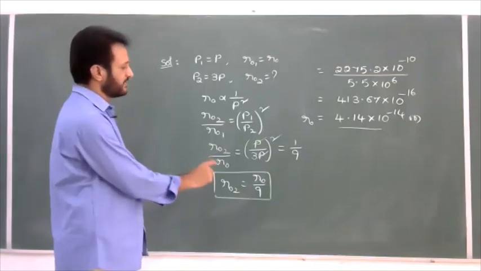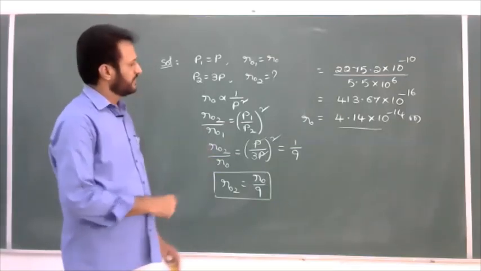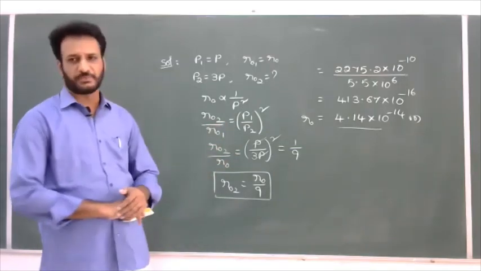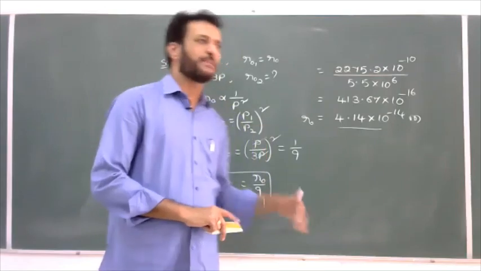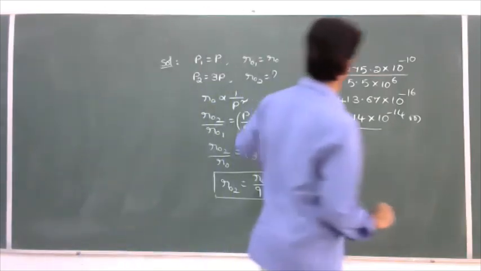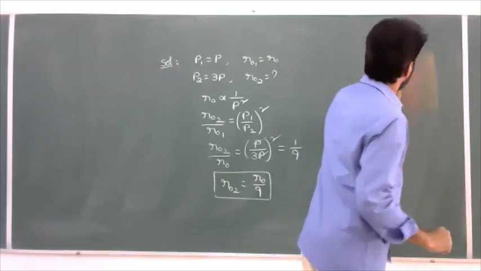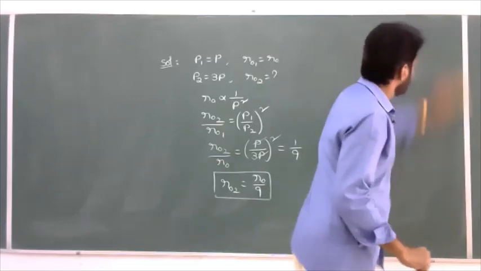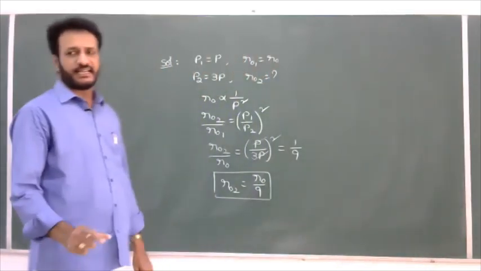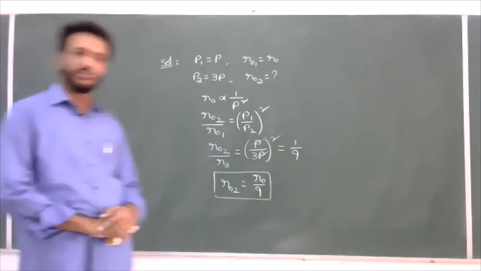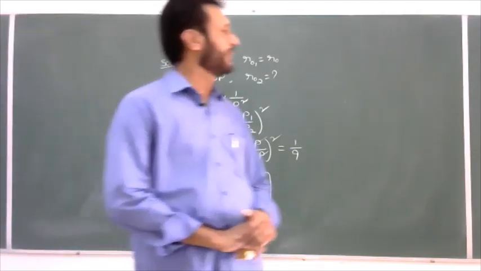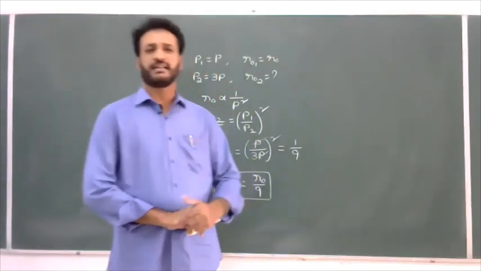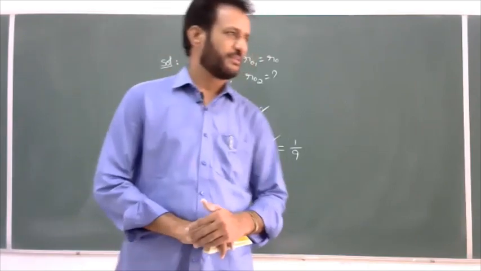So this type of questions will generally be asked in competitive exams. Or sometimes if the kinetic energy is doubled, what happens to the distance of the closest approach? If the velocity is halved, what happens to the distance of closest approach? These questions will be asked. So it is about the alpha particle scattering experiment. Up to now we discussed the alpha particle scattering experiment: the diagram, the observations, the conclusions, how to find the number of scattered alpha particles and what factors it depends on, impact parameter, distance of the closest approach. We discussed up to now.